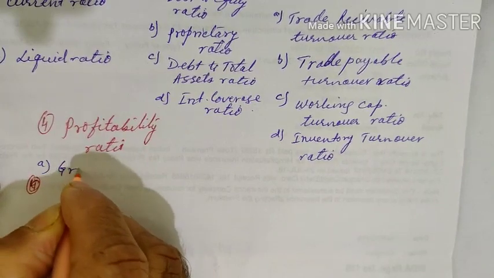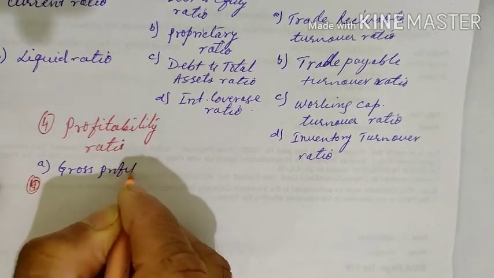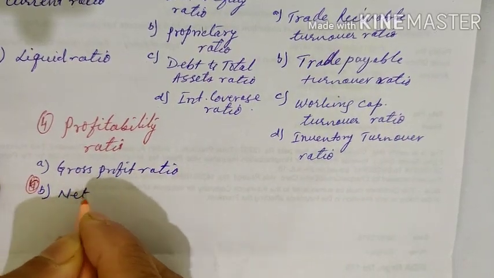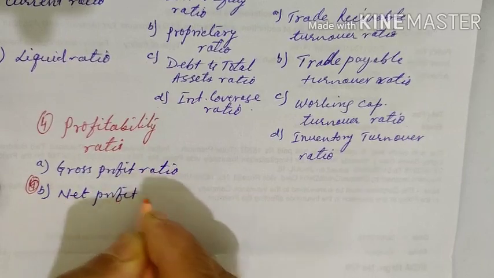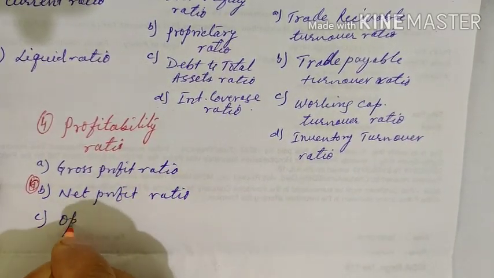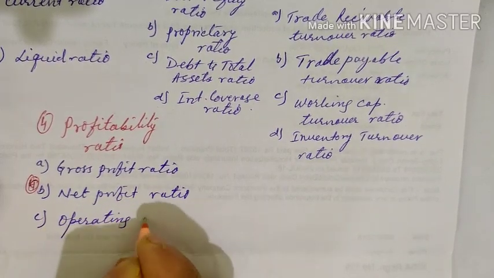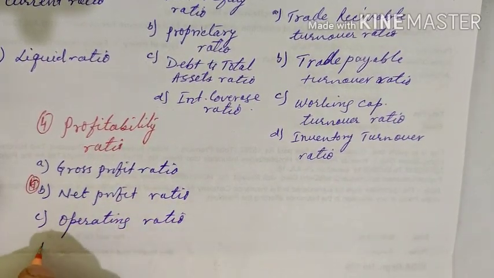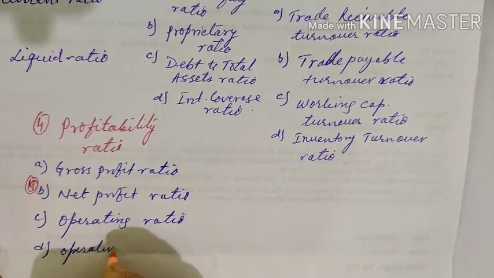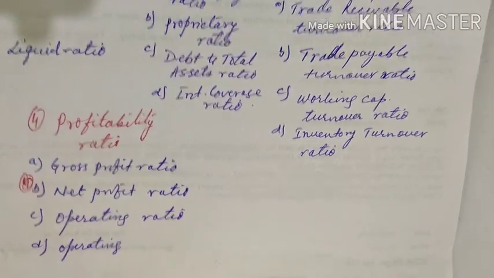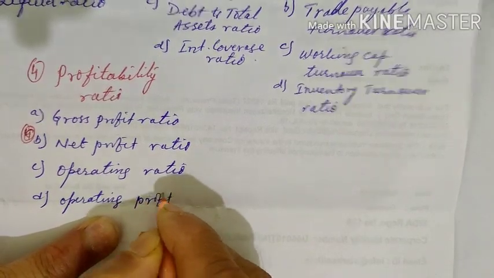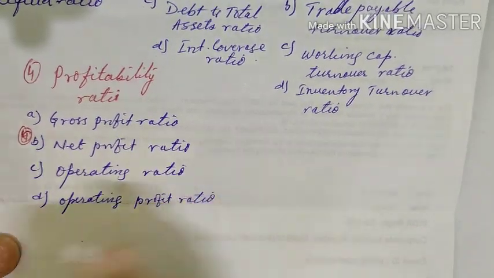Number one, you have gross profit ratio, B, net profit ratio, number C, operating ratio, number D, operating profit ratio,